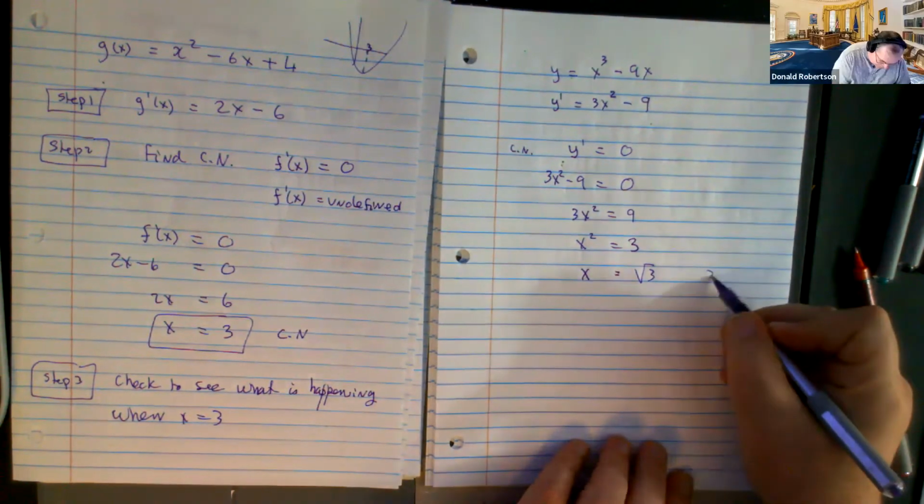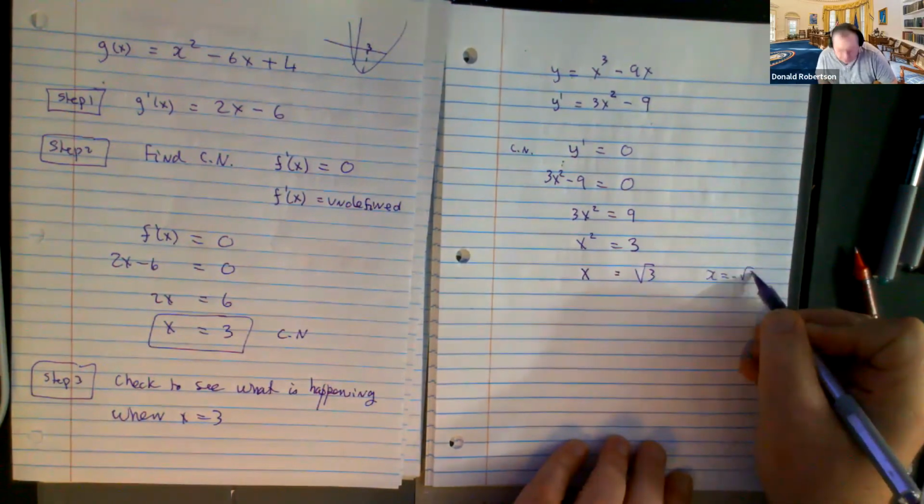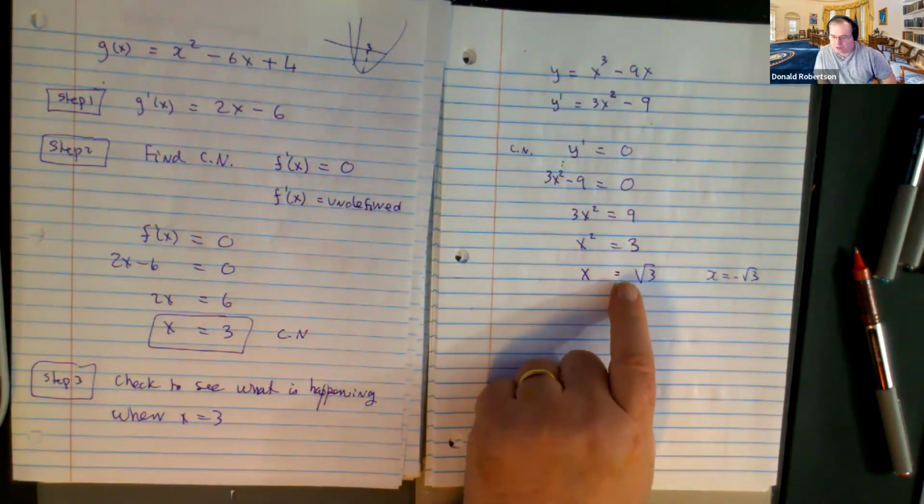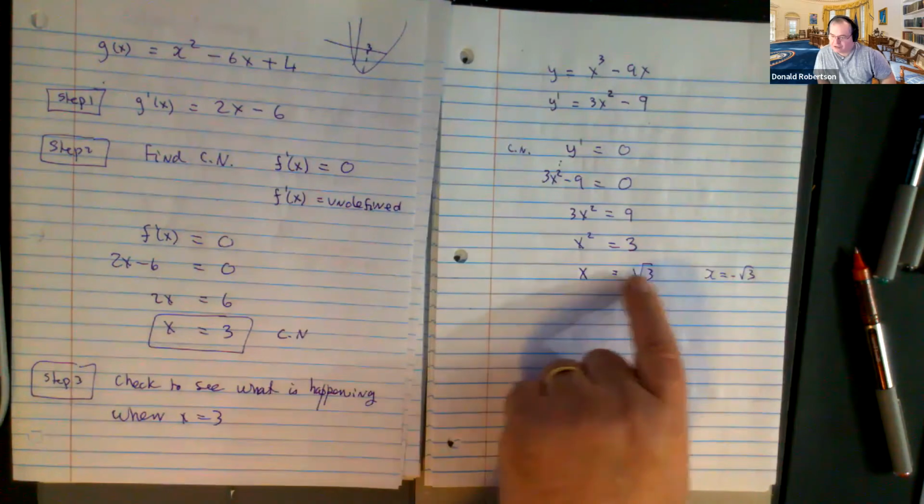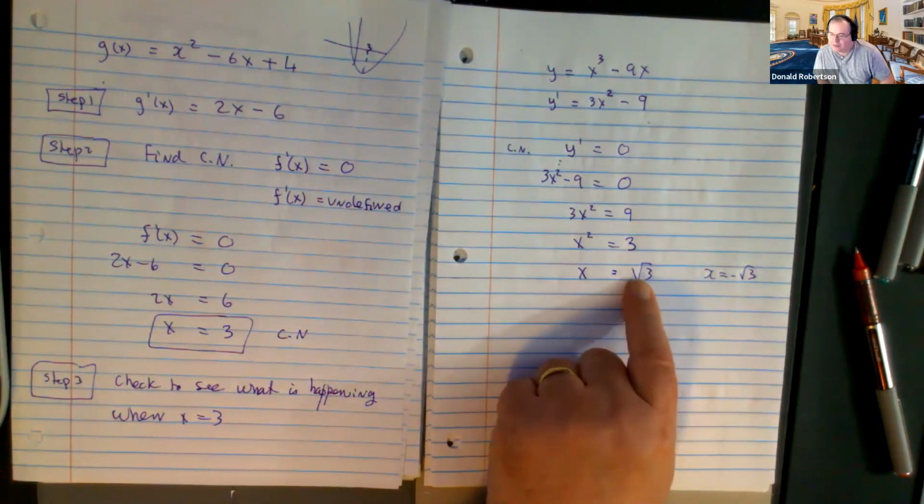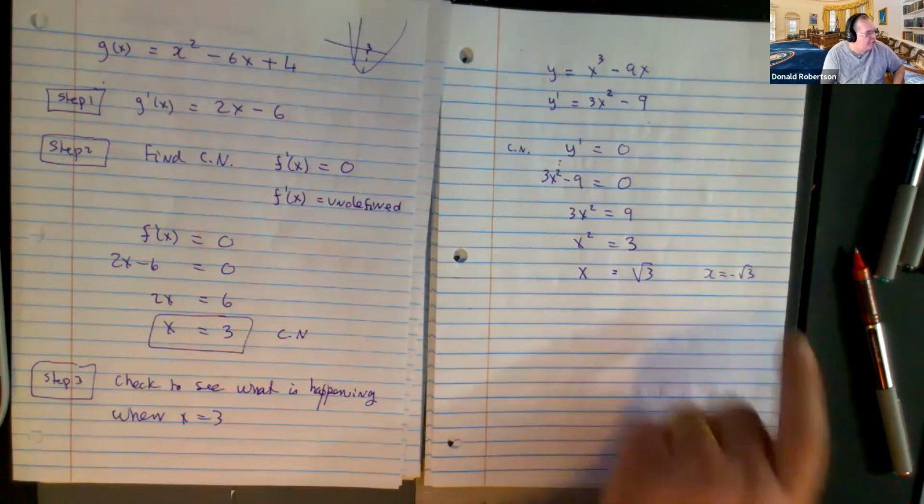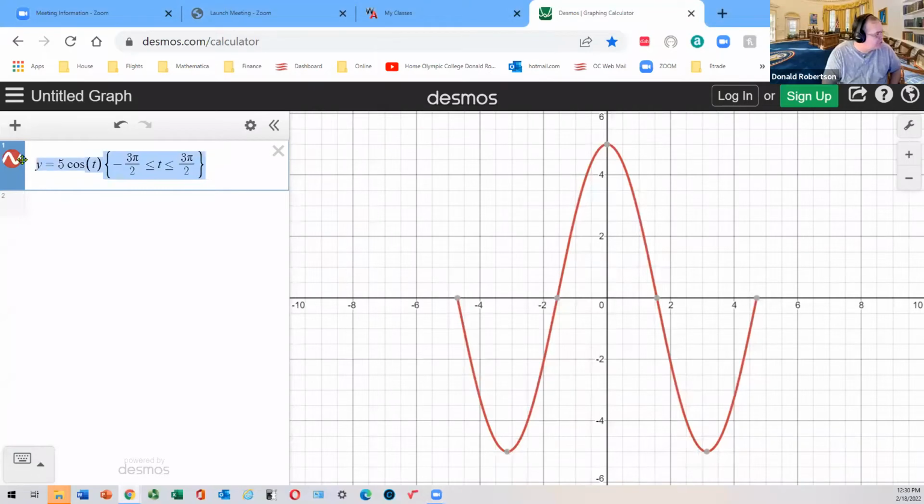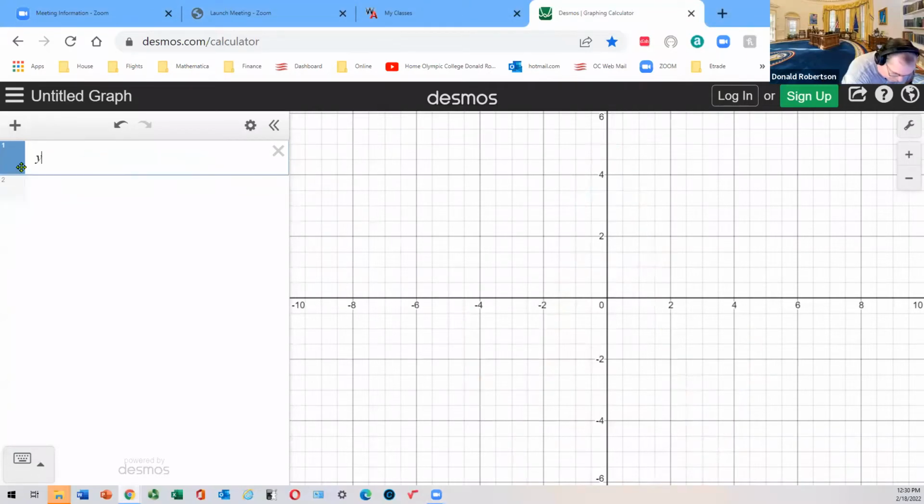So I am making the prediction that this cubic has a local max and min. I don't know which one goes where, right? At x equals root 3 and x equals negative root 3. Okay, well, let's put that to the test. I've got Desmos up here. I'm going to sketch that cubic and see if reality matches with what we believe. So it's y equals x cubed